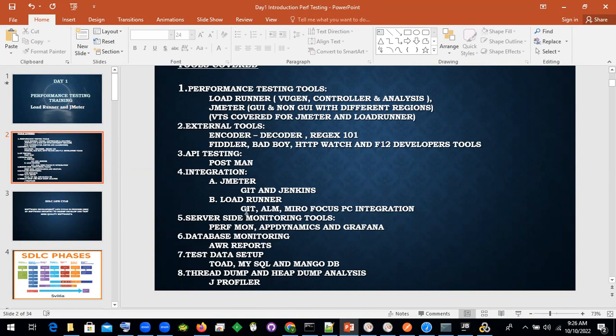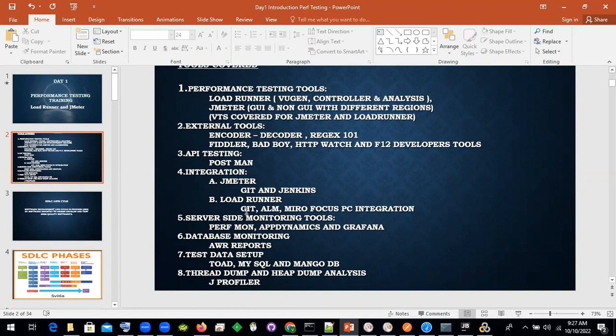Actually, in this session, I think all have voted for JMeter. So no one is there for LoadRunner. So I'm going to cover end-to-end JMeter. I will include all the functions we have in JMeter, and all the BeanShell samplers. How to write BeanShell scripting I will also cover,